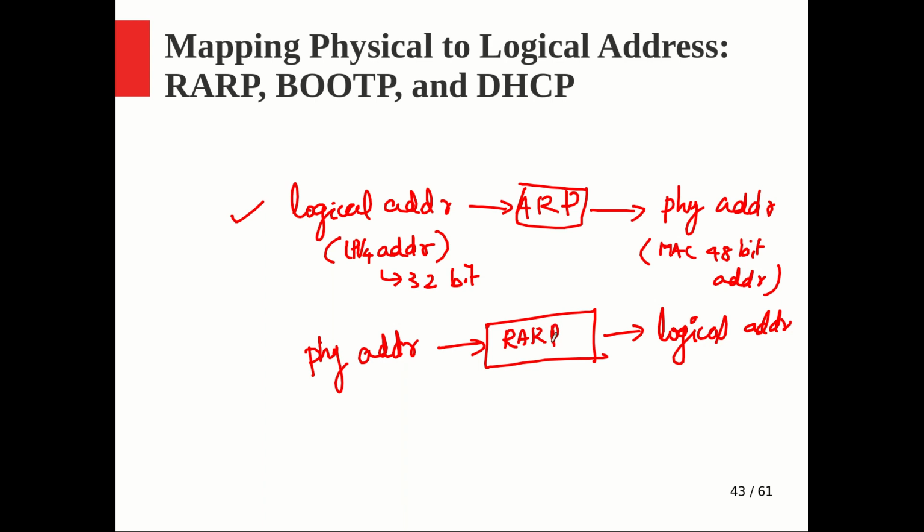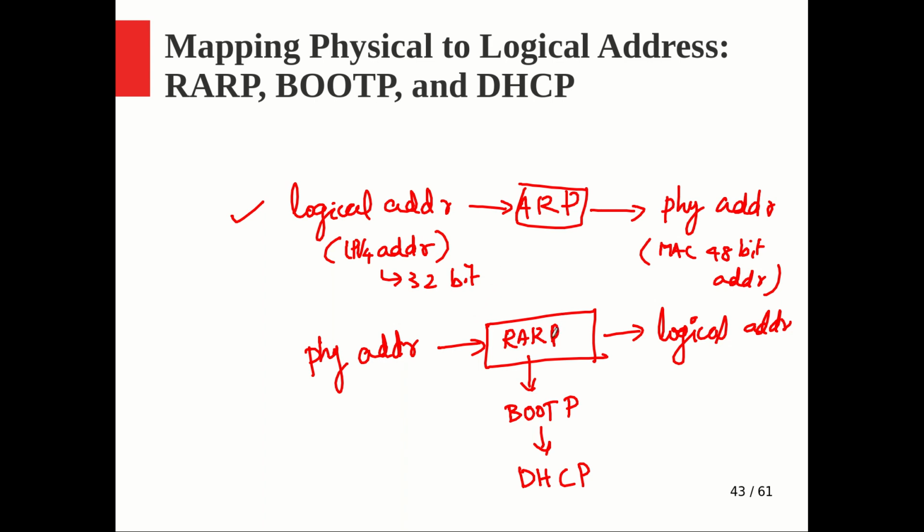Just like ARP, reverse ARP is again a network layer routine, and we will see how it works, and it has certain limitations. Maybe you can tackle them, but later people thought of handling it in a better way to overcome all the problems that reverse ARP is facing, and they came up with a better protocol called the bootstrap protocol, which also does the same task, physical address to logical address conversion. Again, they thought of improving the bootstrap protocol, and finally they came up with the one we are using right now, the dynamic host configuration protocol, right?